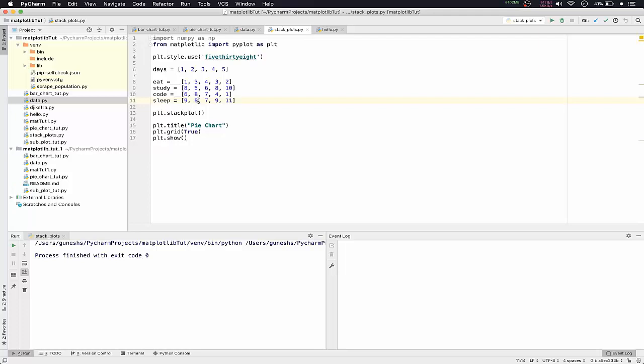Okay, so magenta is the eating hours, cyan is the study hours, orange or kind of red is coding hours, and we have black for sleeping hours. But you can see our legend is little bit off the grid, it is little bit getting outside,